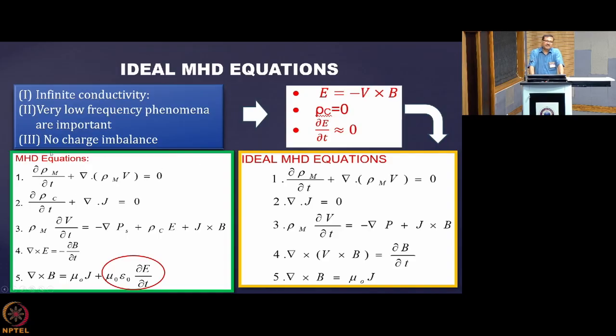So these are the general MHD equations, and under ideal conditions they reduce to the ideal MHD equations, like this set of equations. So you are now clear about what the MHD equations are, what their general form is, and what the ideal MHD equations are. And we have derived each of these equations from the very basic things, and each and every term we now understand what it means.